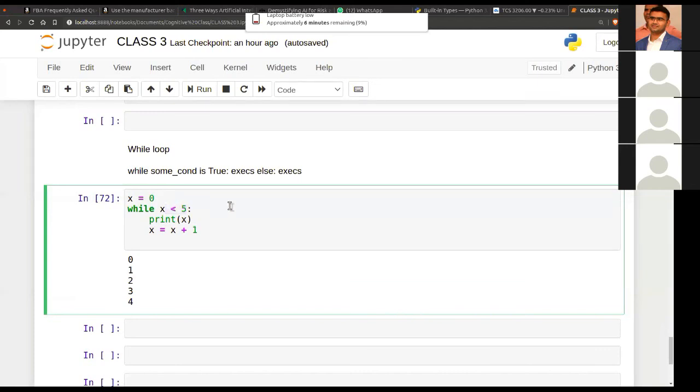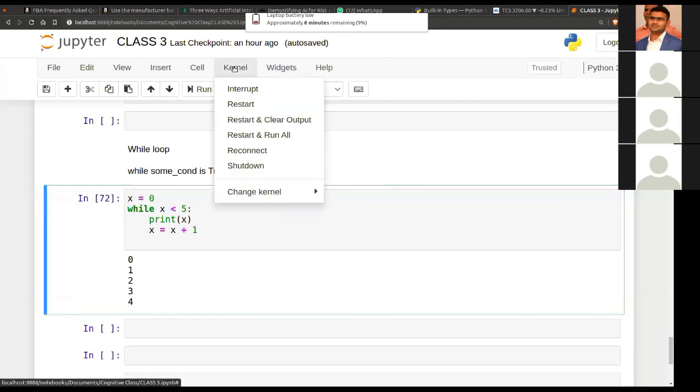So your compiler or your Jupyter notebook may get stuck. In that case, you go to the kernel and hit interrupt. Sometimes interrupt won't work because your code will run and run for infinite time and your computer might get occupied.